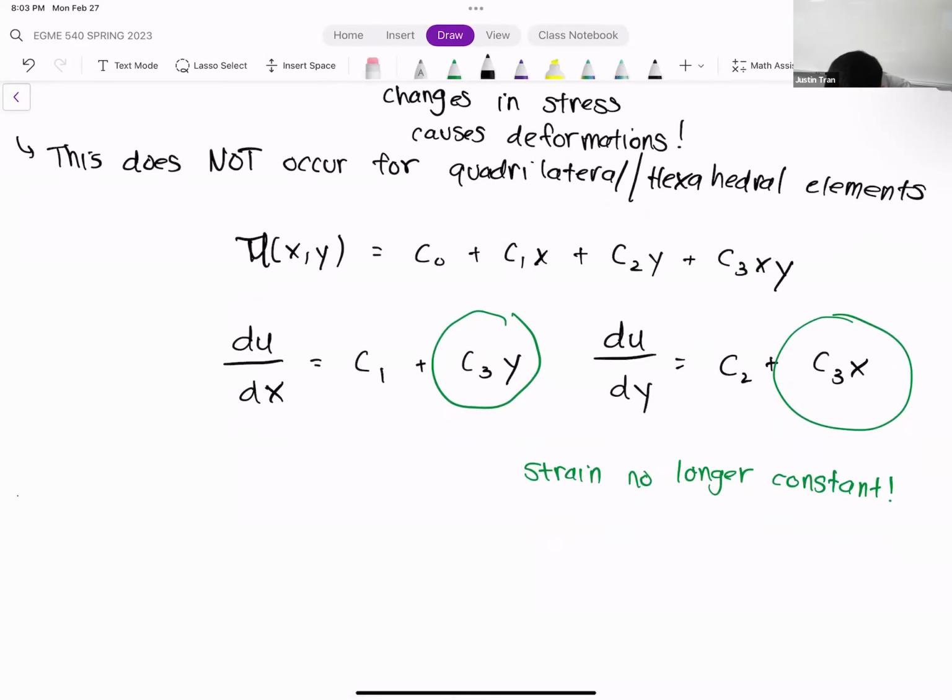All right. So in general, what you'll see is that if you compare a rectangular element to a triangular element, the rectangular element is going to have more terms in its shape function.